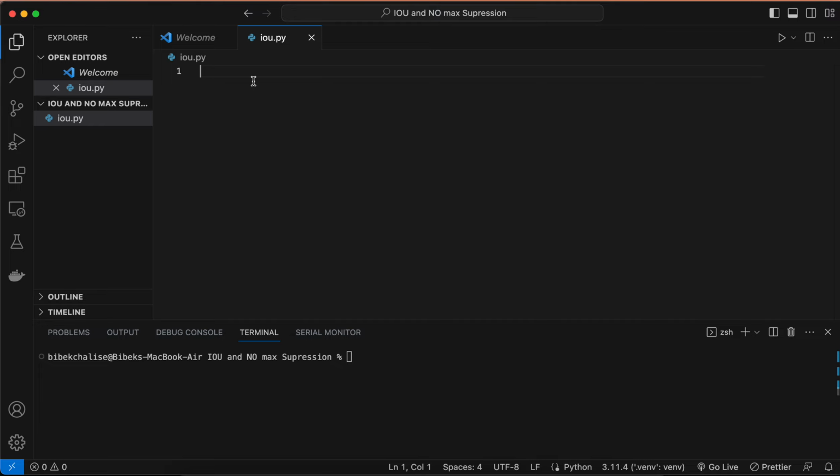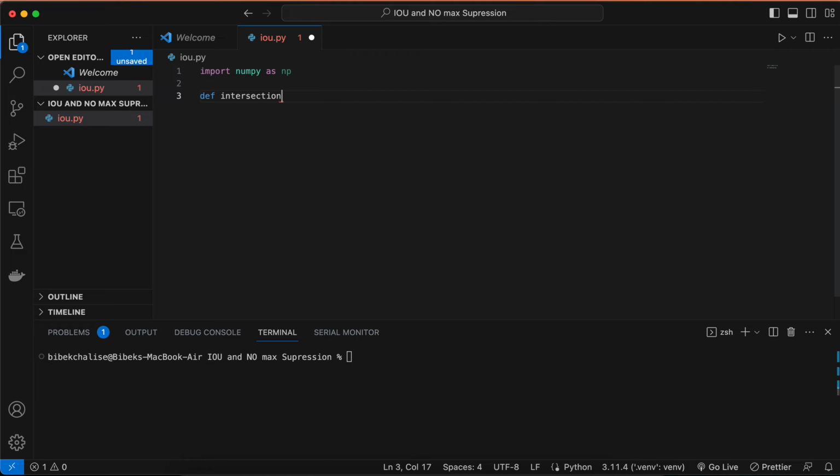So let's start. At first I am importing numpy, because for mathematical calculation we have to pass arrays. So for that, import numpy as np, and let's create a function